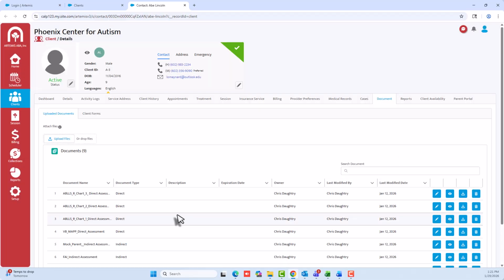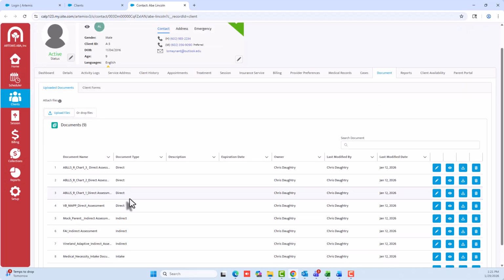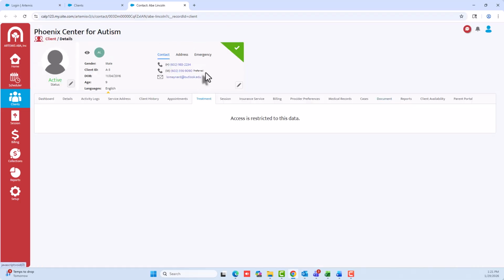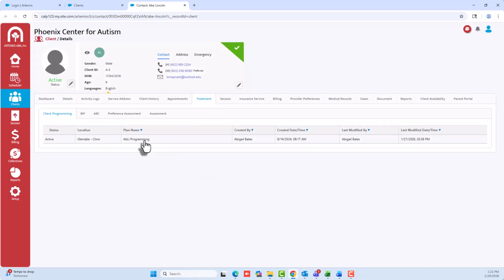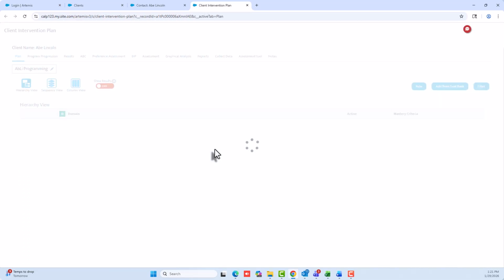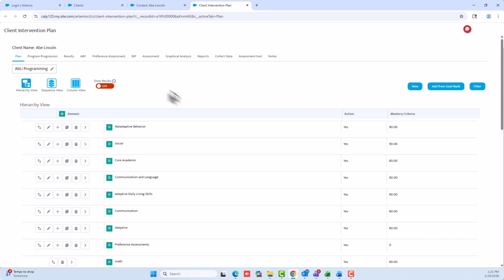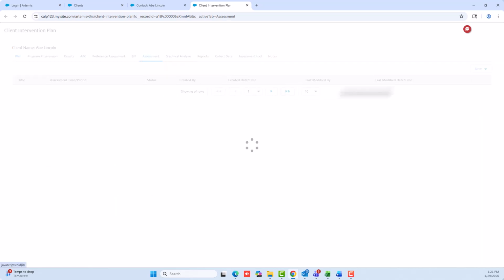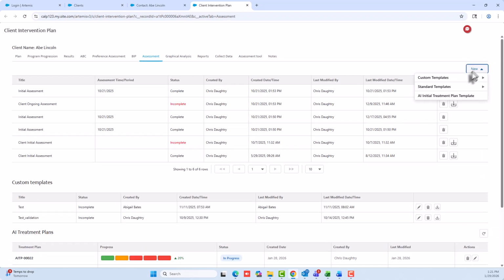Once you're done uploading all your documents in the correct document type, go into the treatment section, click on your client's intervention plan, Assessments, New AI Initial Treatment Plan Template. Once you open the template,